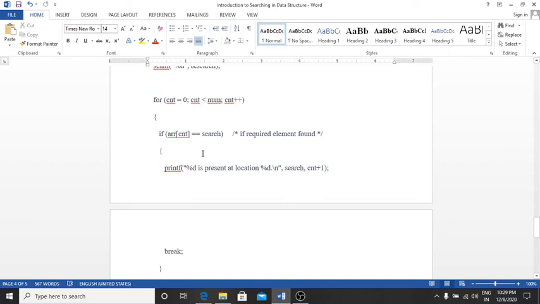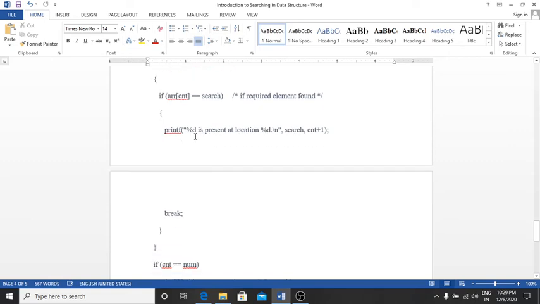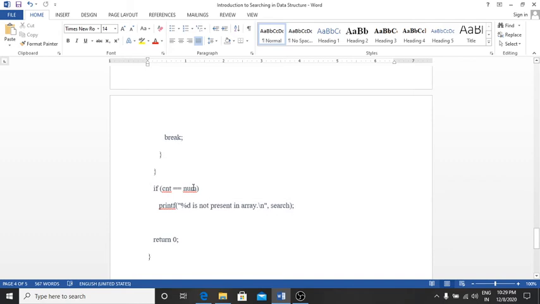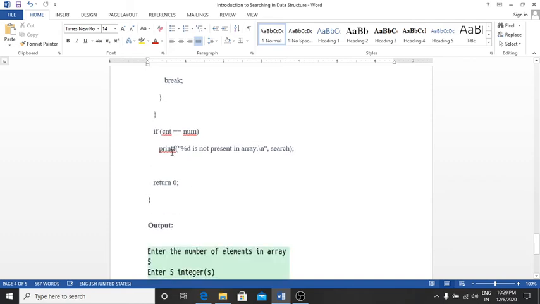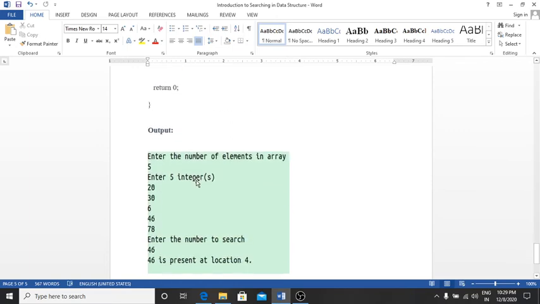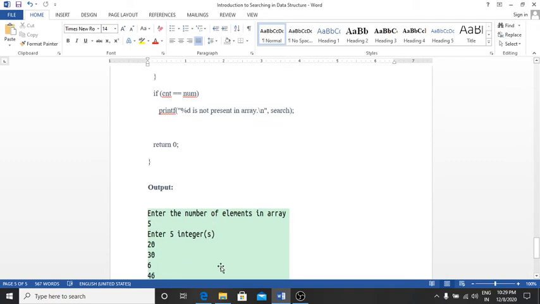If this condition is true, then we print with printf %d is present at location %d. Here the first %d is for the element and CNT plus 1 is for the location, and break from here. And if CNT equals num, then we say that the number is not present in the list, and return 0.